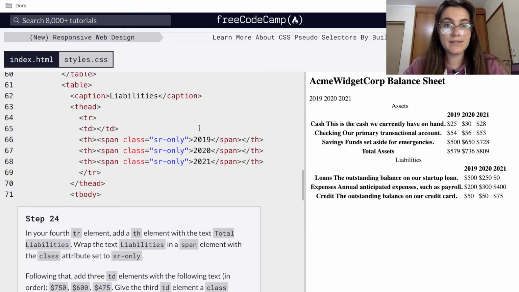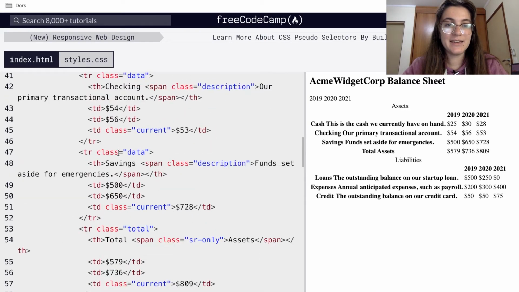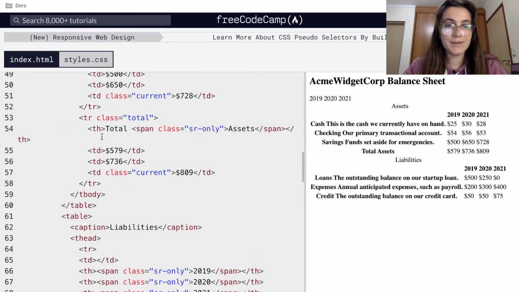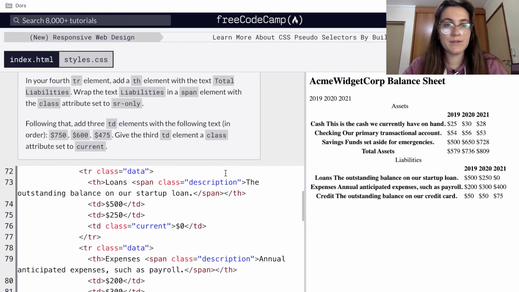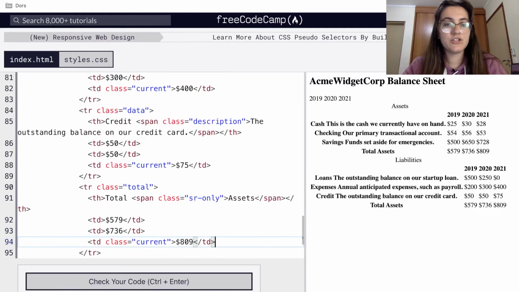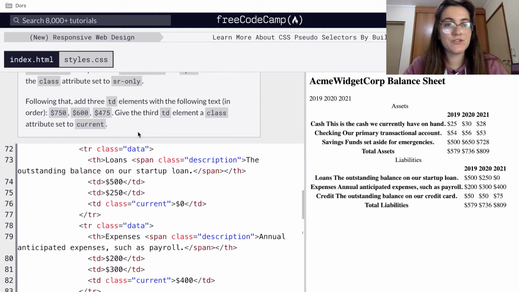So we're gonna do exactly what we did in this part here, okay? So we're gonna copy what we did previously, and we're gonna add in our code. So basically what they want us to do here in total, we're gonna change total, and here we're gonna add liabilities, so our accessibility knows what this means. I think it's liabilities, let's see. Yes, and then we're gonna change to